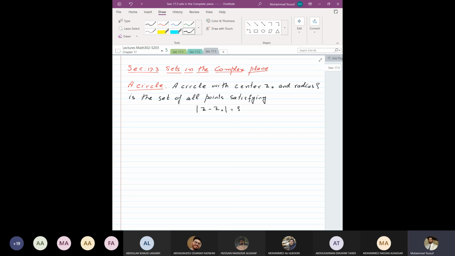And Z minus Z0 is the distance of Z from Z0. Distance between 2 points